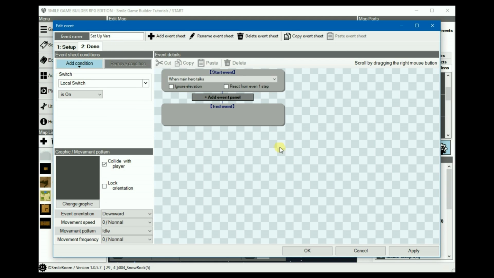Otherwise, if you don't have this switch on, every time you visit the map, if you're reusing it, this will activate each and every time you revisit and reset any changes you made. So for the next part,